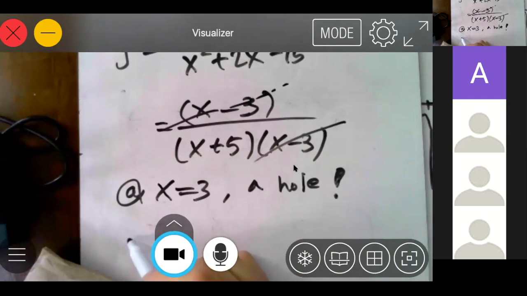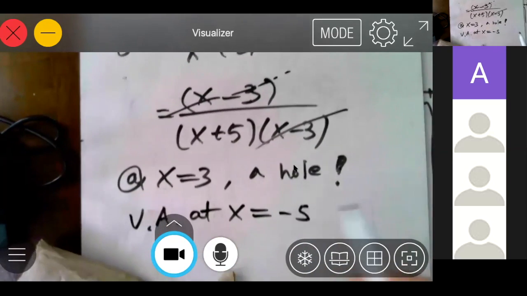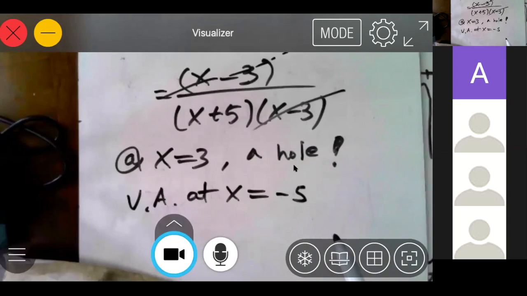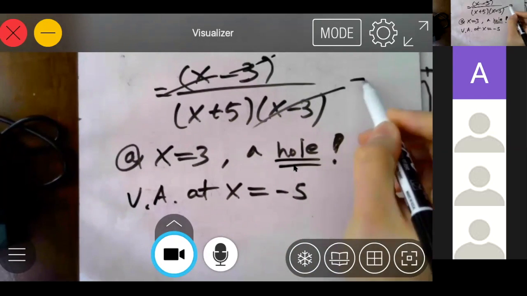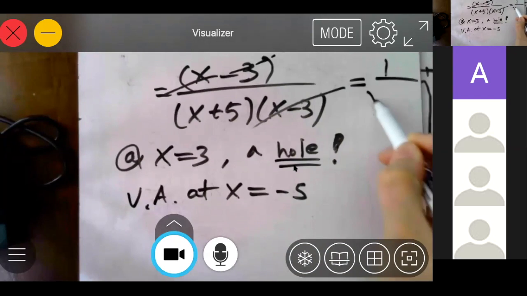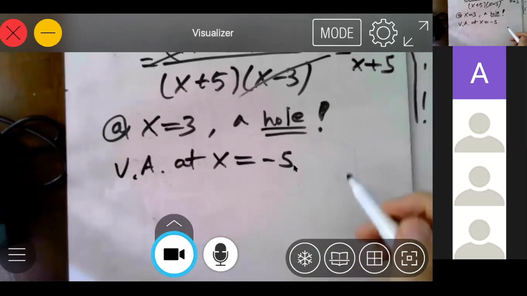And your vertical asymptote is at what? X equals -5. Exactly. So whatever values you cancel out when you're simplifying, there's simply going to be a hole there. So when you simplify, it will be 1 over x plus 5, right? Yeah. However, when you graph it,